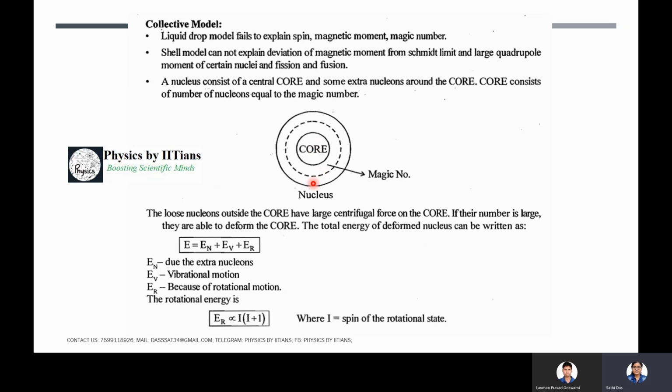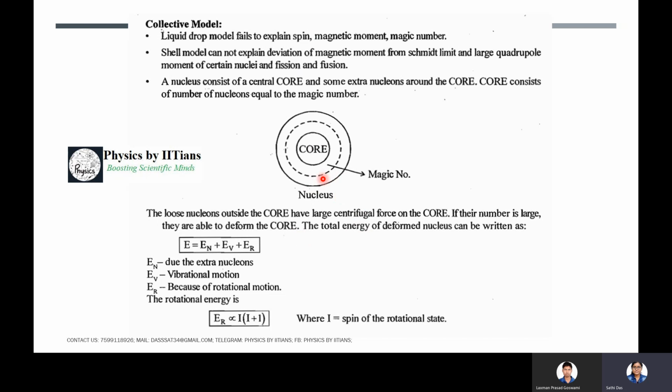So what is the effect of this extra number of nucleons which are outside the core? We can think these extra nucleons have large centrifugal force on this core, and if their number is quite large, they can deform the core,